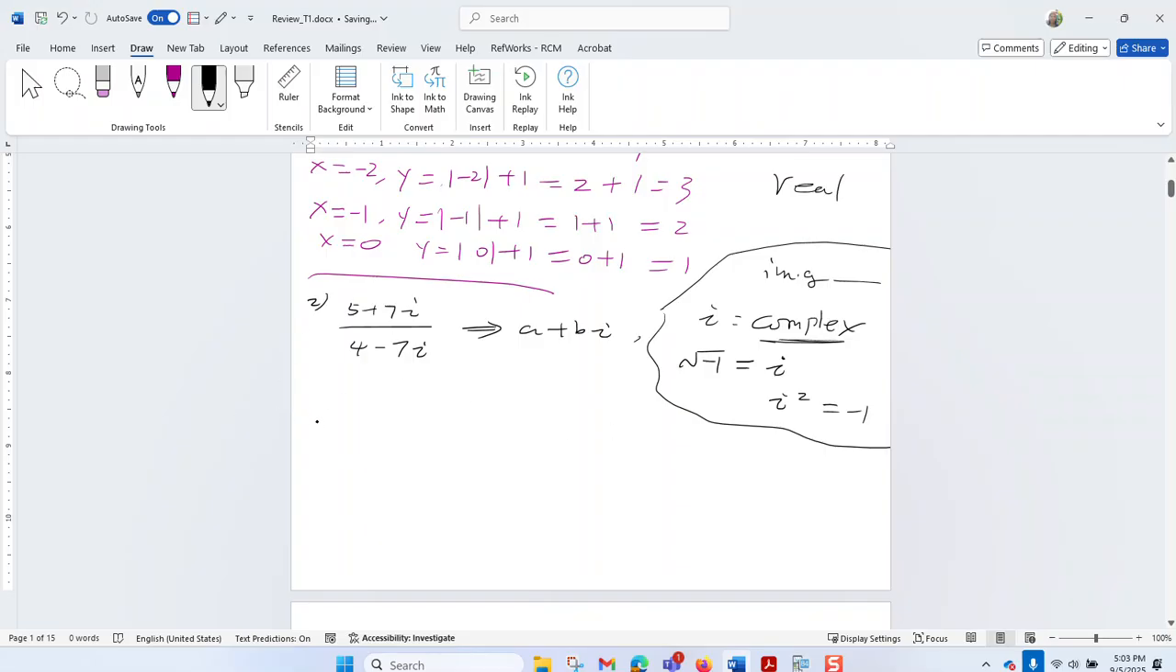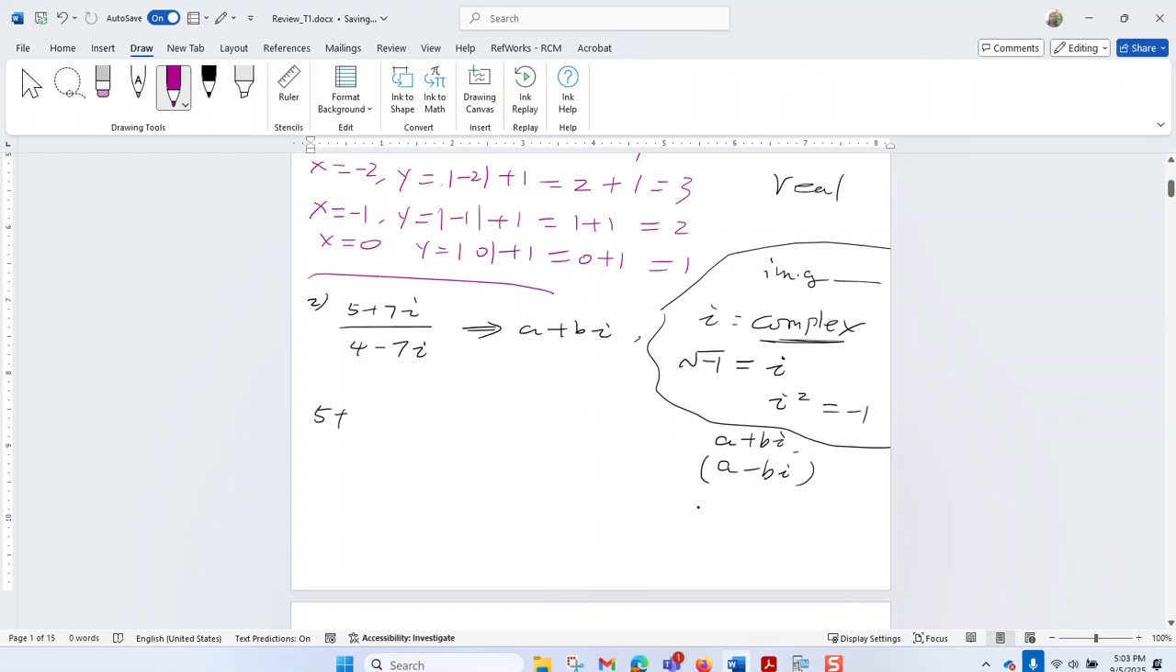So what is the conjugate? If you have a plus bi, a minus bi is the conjugate. These two are considered conjugates, right? If you have a plus bi, the conjugate is a minus bi. If you have a minus bi, the conjugate will be a plus bi. So why are these two conjugates? Because